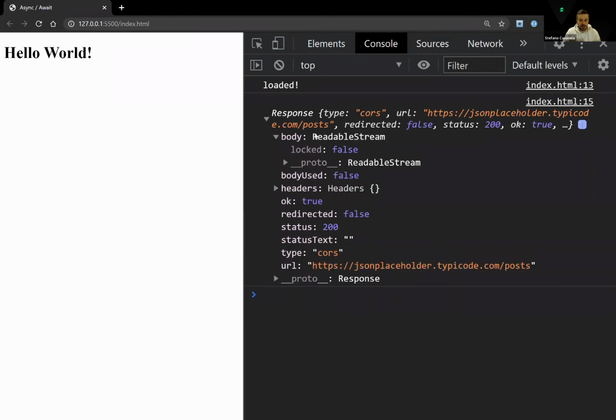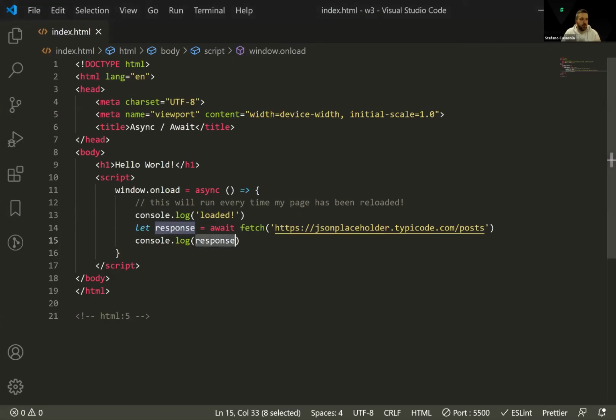It's a stream you can read. This is why it's called a readable stream. So it's in a form that is not immediately usable. You need to convert it into an object, basically, in order to get the list of posts you were expecting, okay? And for doing that, you will need another method, basically. And that method is called